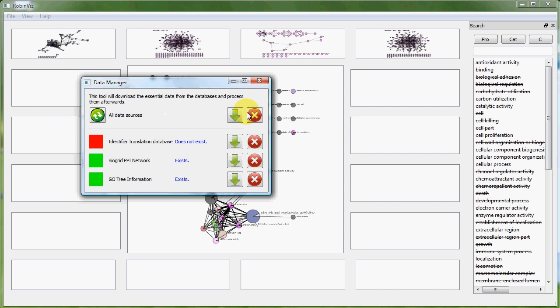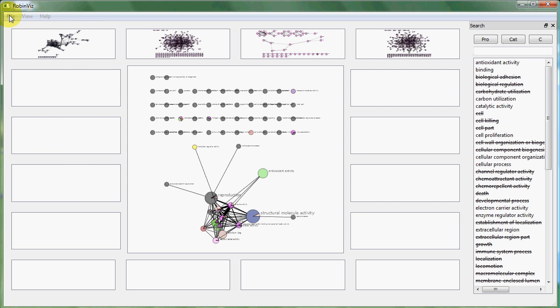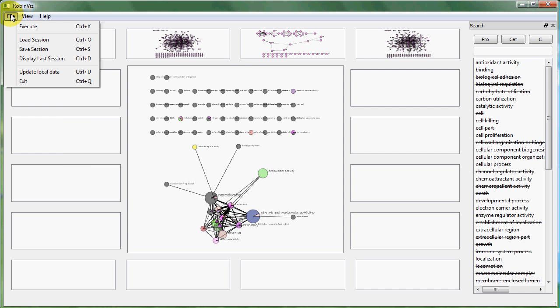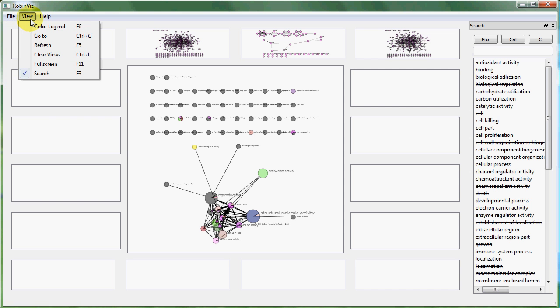And here, for example, if you click on the download all the databases, you can download all the sources required for an execution. And if you would like to download individual sources, you can click on the corresponding download button. If you want to, for some reason, remove a source, you can click on the delete button corresponding to that source. And close this wizard, the data manager, and we can exit here, and we can display the color legend here too,